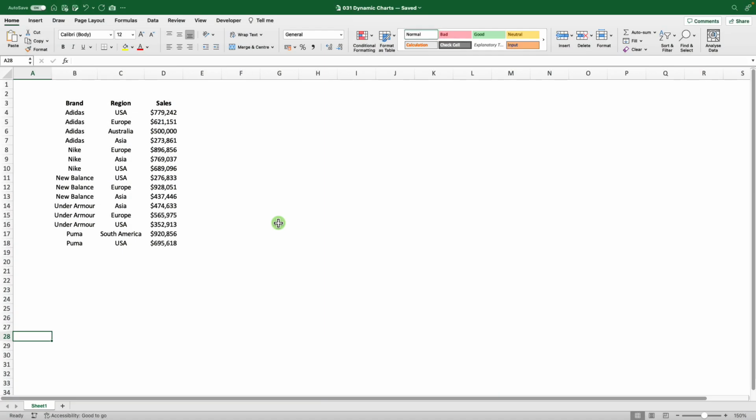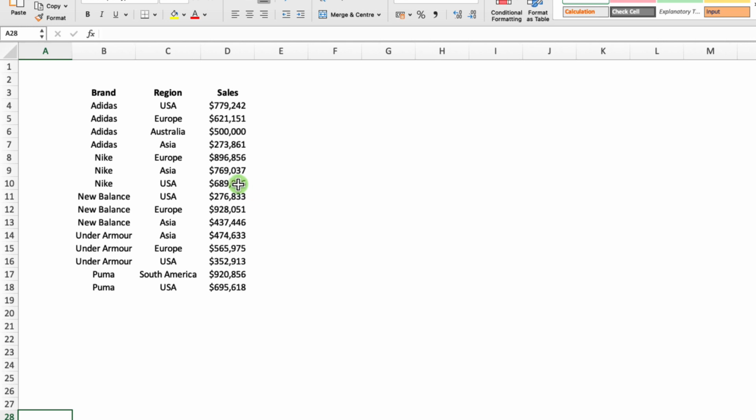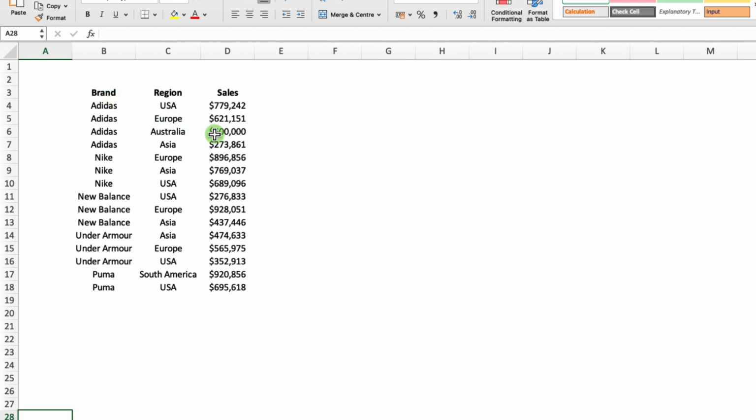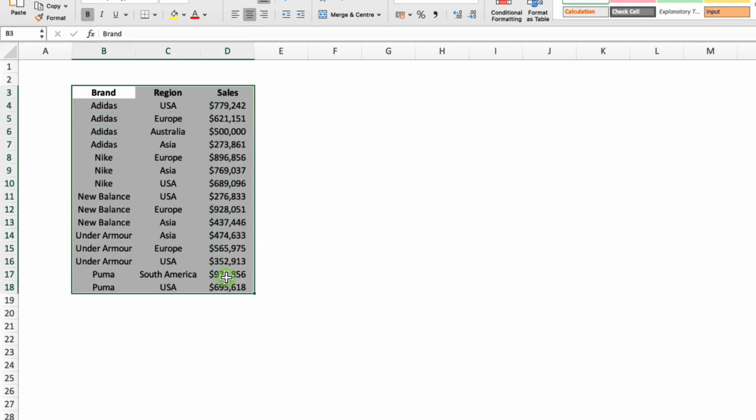So we have a range here, which is brand, region, and sales. And I want to create a dynamic chart where I have just a list of the brands, and then I can filter and just see the region sales for each of the brands. So the first step I'm going to do is just take this particular range and turn this into a